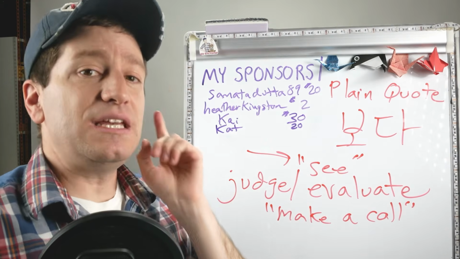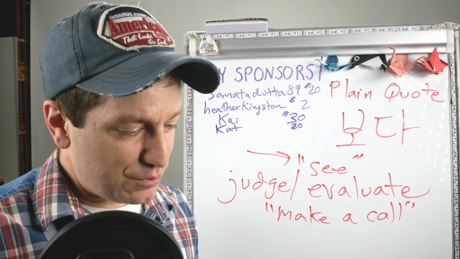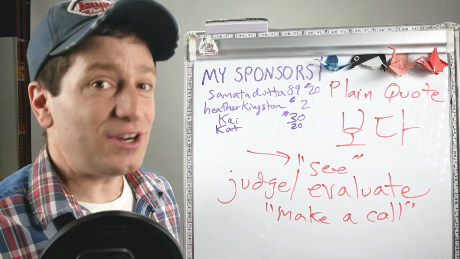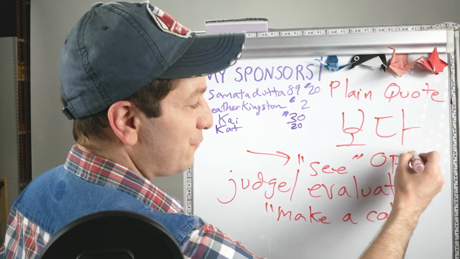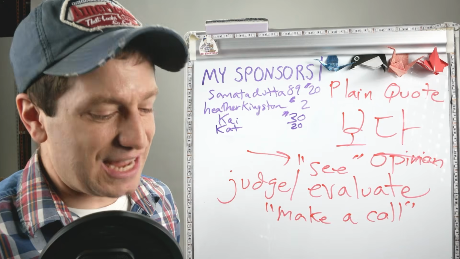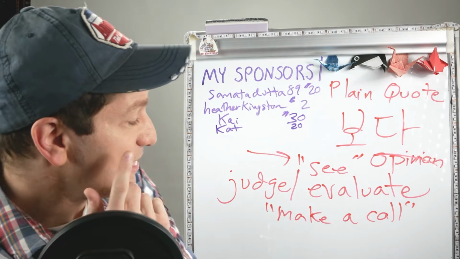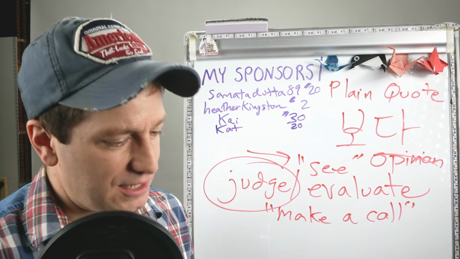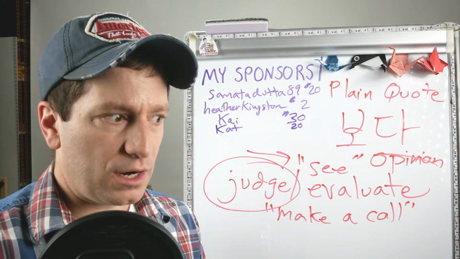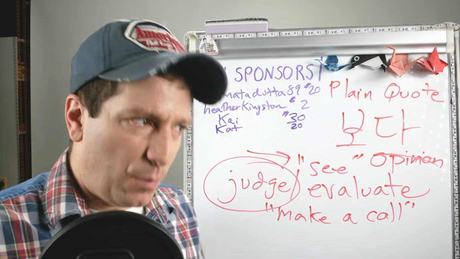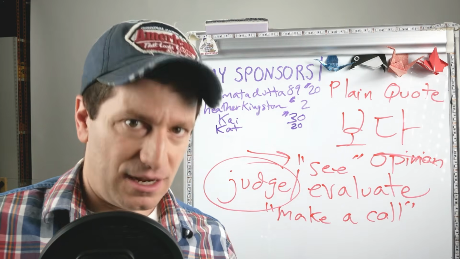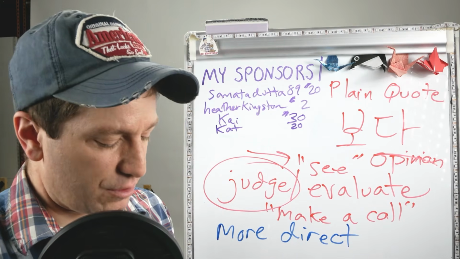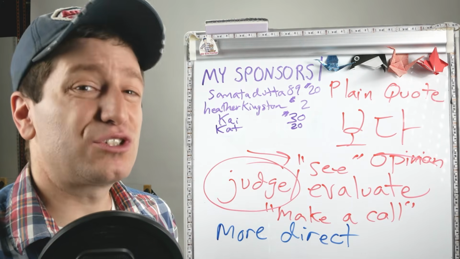And this form is not used for expressing your subjective thoughts. Meaning, if this is a pure opinion, you do not use this form. So don't use this to say like, I personally think this is what you judge. You can translate 보다 as kind of like the way I see it, or I judge this to be. But for a natural translation, I think works fine. If you want an even simpler comparison of this form with 생각하다, this form sounds more direct.